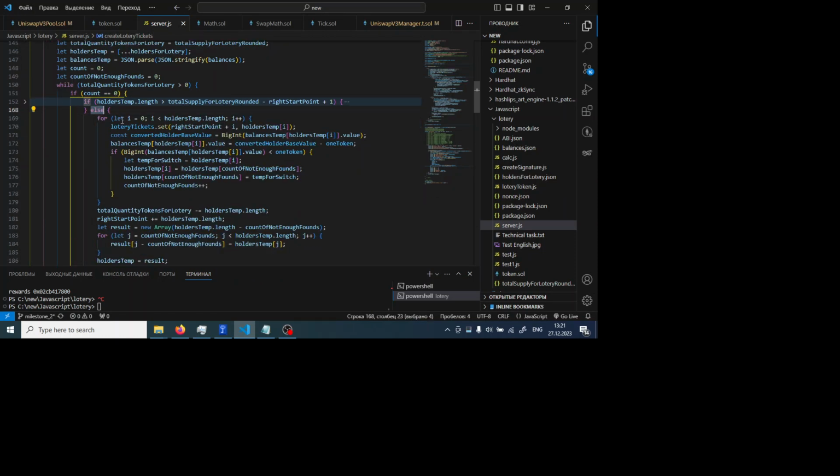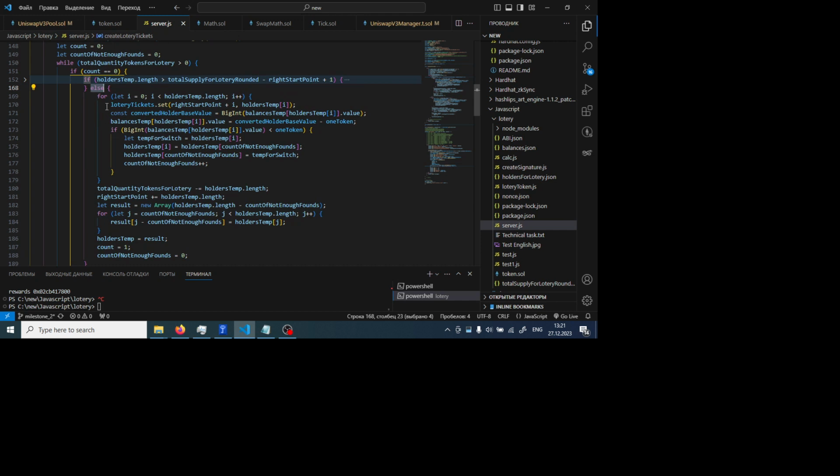From the beginning we just start filling this mapping. Set register for this index. We store this value with the address of holders,